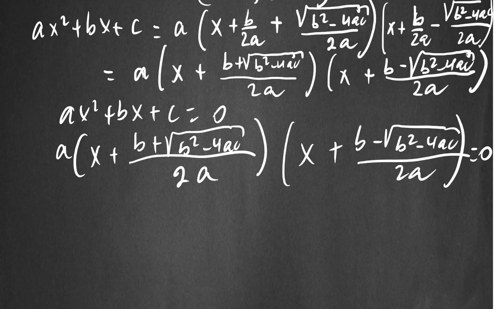To make this one 0, any of the factors can be 0. So if we take the first part, we can find that the first root x1 is equal to minus all that. This x plus this is equal to 0. That means x is minus b